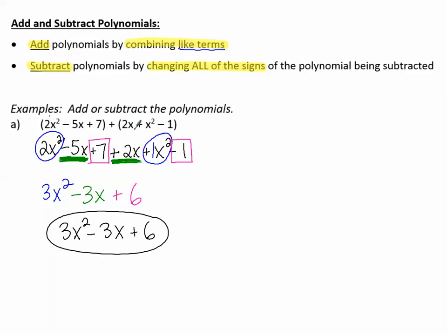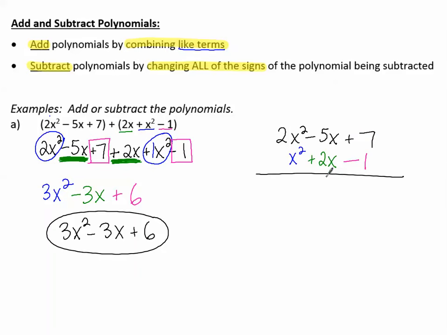Here's another way that we can look at to do it. Let's write the first polynomial, 2x squared minus 5x plus 7, and then let's line up the like terms under each other. So see, the x squared is first. Let's put this x squared first. So positive x squared. The next is the x to the first term. So the x to the first term is 2x. So positive 2x. And then the third term is the constant. The constant is negative 1, minus 1. Then I can draw a line